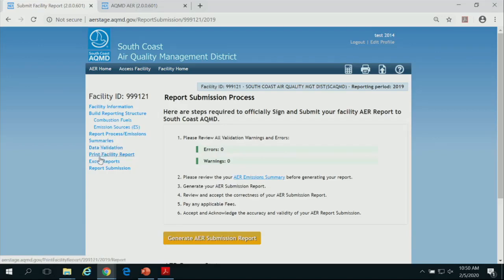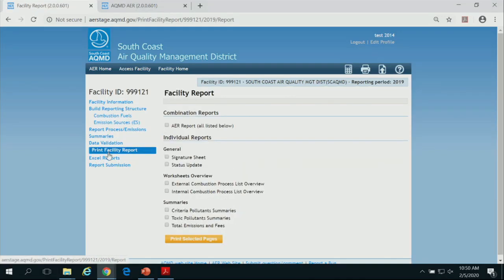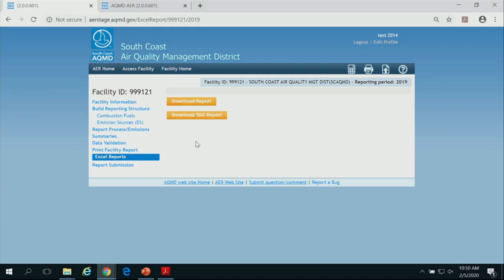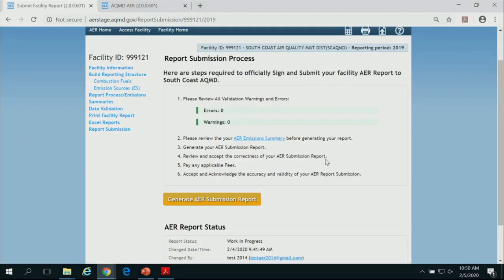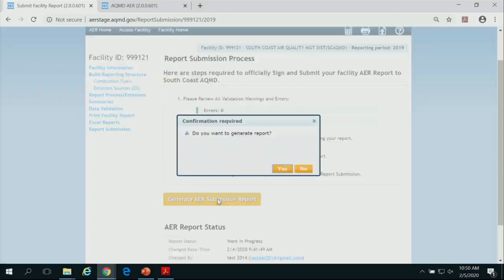And I guess a couple of these tabs are the same as before. If you would like to print reports, you use this window. There are 2 Excel reports generated by the tool for people that like to use Excel and like to filter and search. But one feature that, as Eugene indicated, is new is the online report submission feature, which I'm going to walk you through in this exercise. Again, my validation came clear. The button is here. Now, at this point I would like to get it over with, right? So I press generate AER.